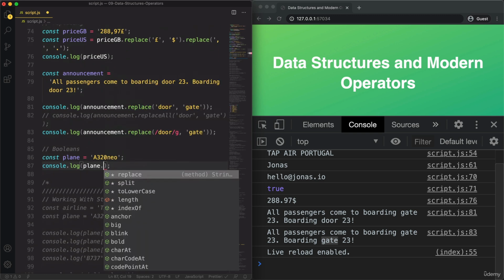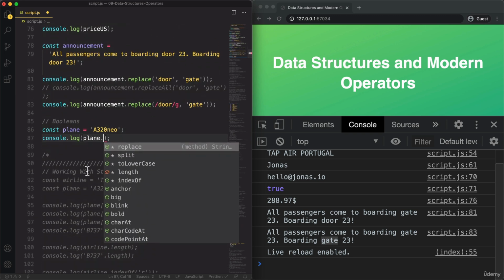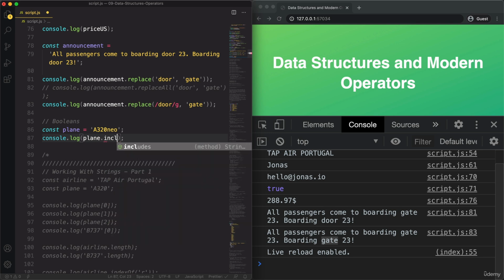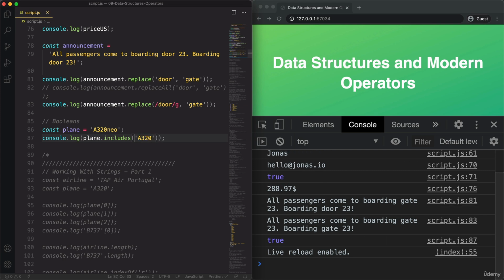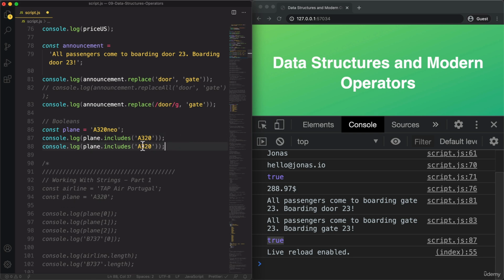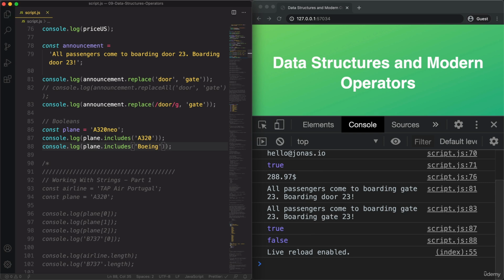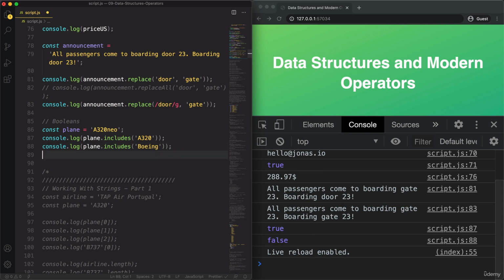So they have a very similar structure here in terms of methods that we can use on them. So includes, and let's test if it includes the string A320. And indeed, it does. So this airplane here is the Airbus 320neo, but it still includes just the A320. Now, let's say if it includes Boeing, and of course it doesn't. And now there's another one,